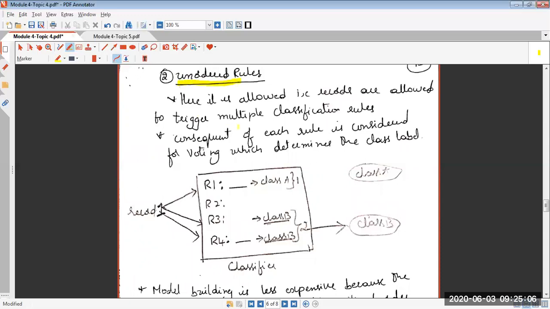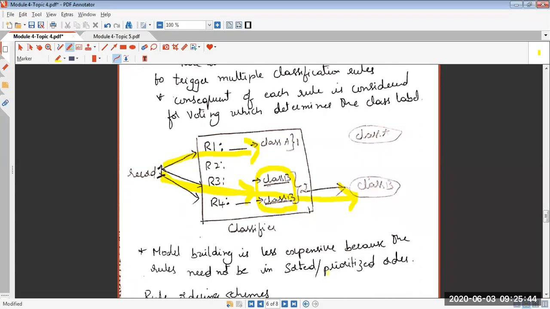We will use a voting mechanism. What was the voting mechanism here? We will see the number of classes this record is triggering. For example, in this case, you can see record 1 is triggering 2 instances of class B, and only 1 instance of class A. So what is the maximum number here? 2. So the classifier will decide that this record should go and sit inside class B. Based on what criteria did it decide? Because the number of votes for class B was 2, and the number of votes for class A was 1. We had discussed this in detail in the previous session.